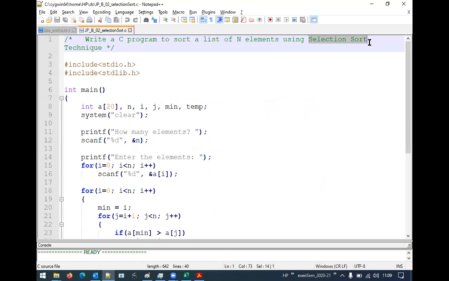Sir, when there is a particular concept, method or technique that sorts the elements, why do we require others? Now this is, I think, the fourth type of sorting, right? What are the three sorting techniques which we have covered so far? Can anyone name them? Bubble sort, insertion sort,